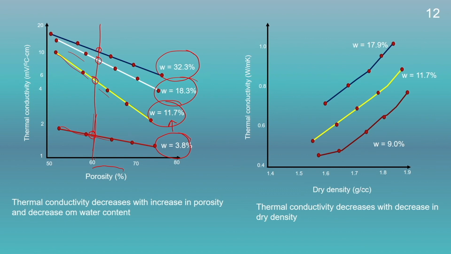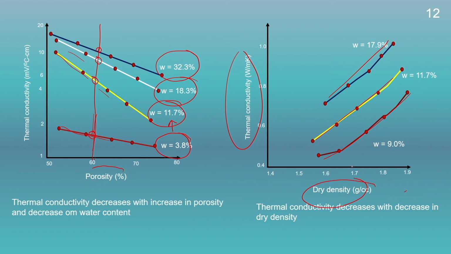If we look into the dry density and thermal conductivity relationship, we could see here that with increase in the dry density, the thermal conductivity of the soil will increase. This increase is due to the more packing of the soil. As the soil is more compacted, the grain to grain contact between the soil will be more,